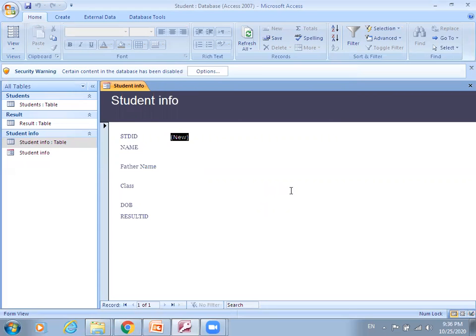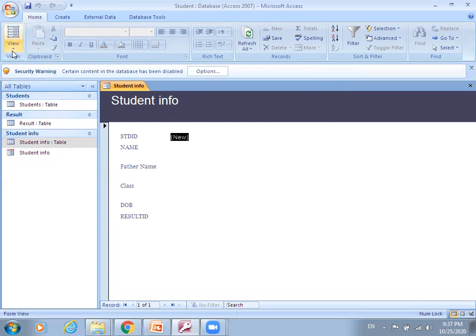So here you can view the form is open on your screen. If you select the first opening option, the form will be opened in form view or datasheet view, so that you can immediately begin using the form to view or modify data. If you select the second option, the form will open in design view so that you can modify its design. So here you can view your form. This is your form.